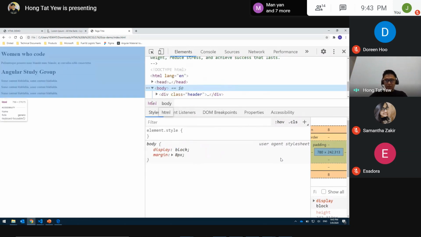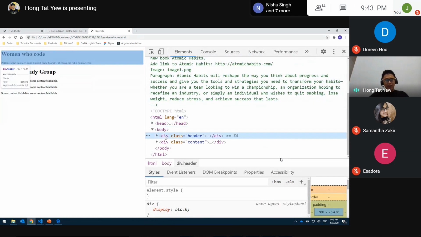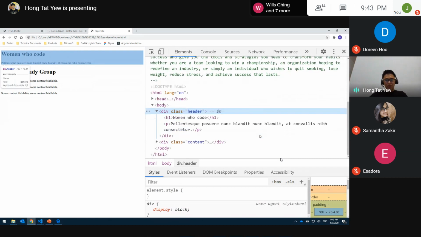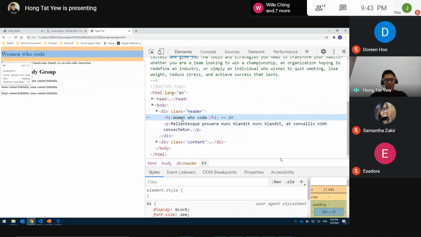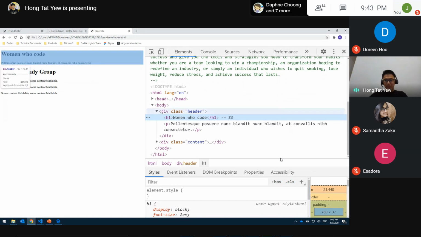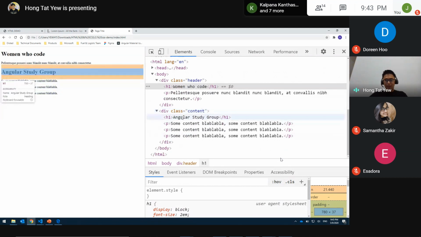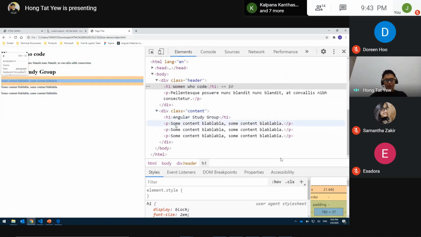All right. So here, if you point here, you highlight the element that you're selecting. So if you open up, this is the H1, the header one, which is Woman Who Code, and the P is the paragraph that I put within the header division. And the second division that I have, Angular study group, and some paragraph right below. Okay,